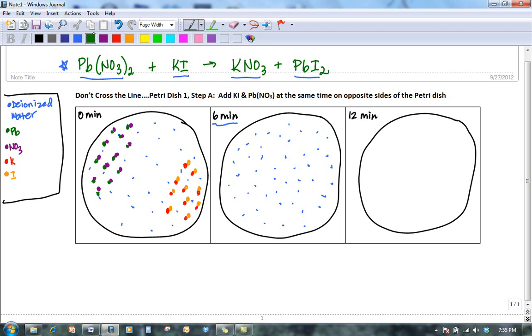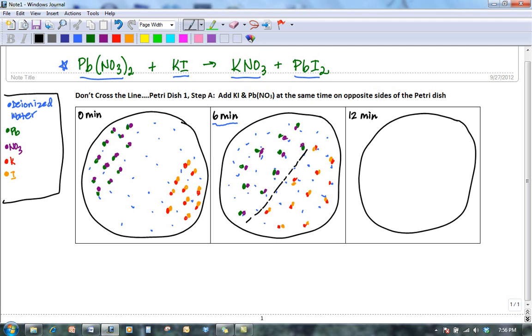So what we would have to draw would be something to show some kind of movement here of the lead nitrate moving towards the middle, and also the potassium iodide moving here towards the middle. And we have to draw our orange here. And then, when they start to meet here in the middle,